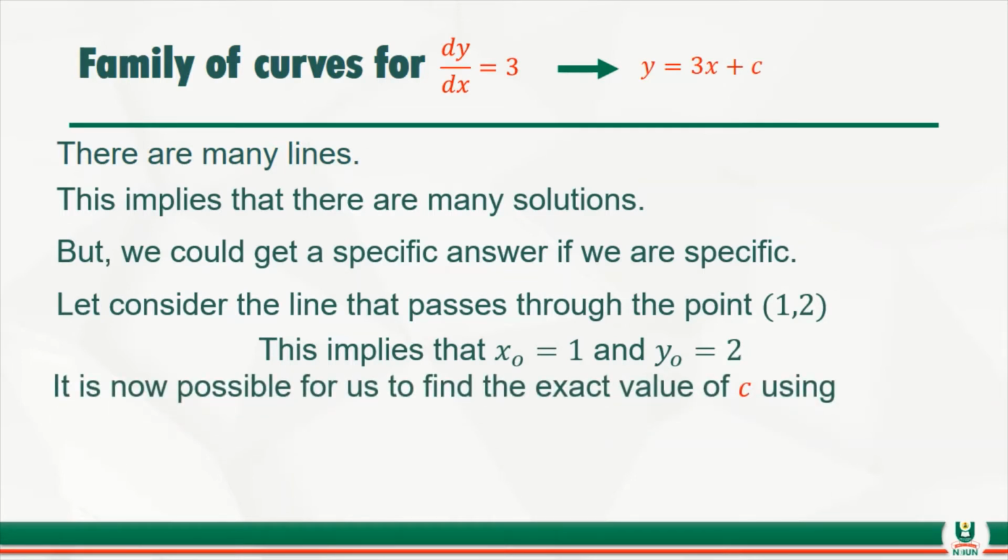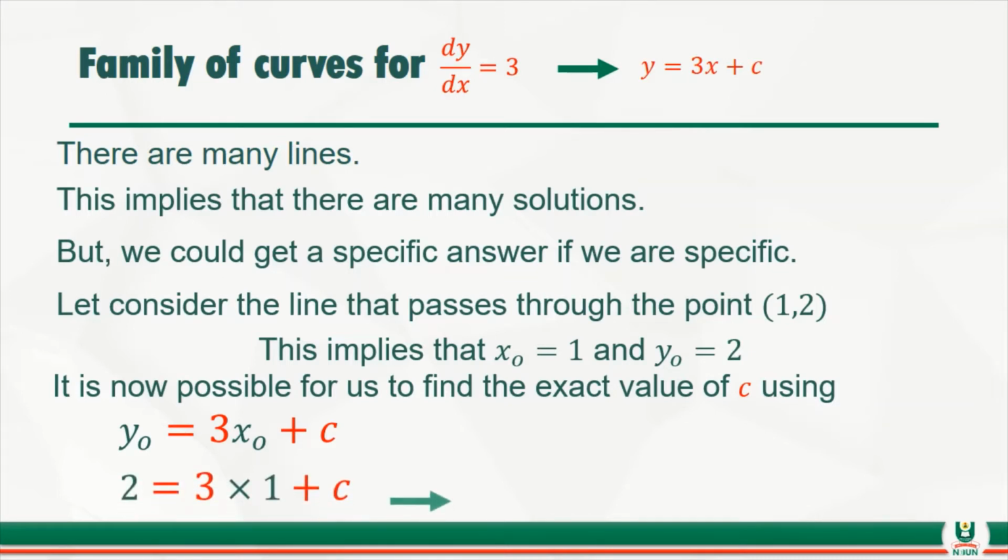Don't forget, in Cartesian we have x, y. So just like in Cartesian, we likewise have x naught, y naught there. We are going to substitute all this back into the expression so that we can find our c. Now look at the expression again. I've changed y to y naught and x to x naught. So I have this. If you substitute 2 and 1, you will see that we can obtain